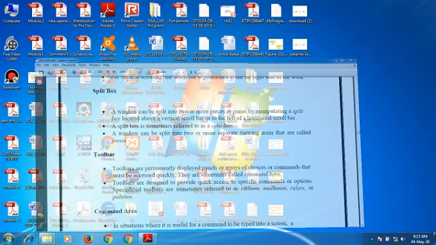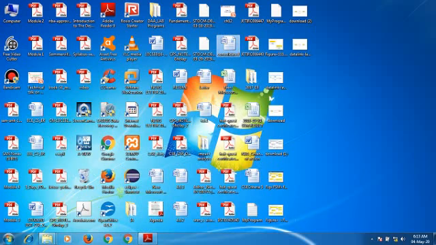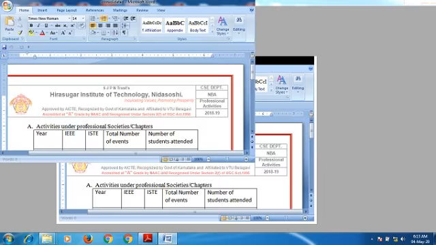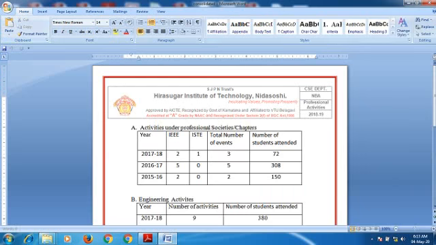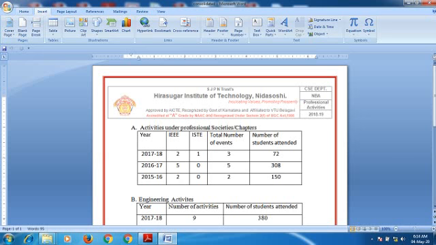For example, this particular section that belongs to a ribbon we have, whenever we click on this particular button, you are getting a number of options here. That is nothing but a part of this particular toolbar only.